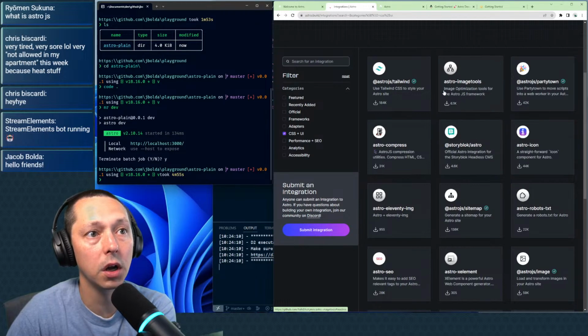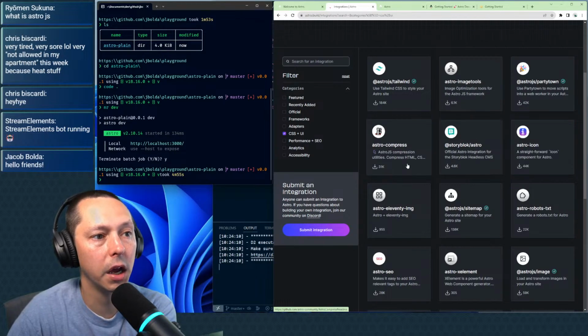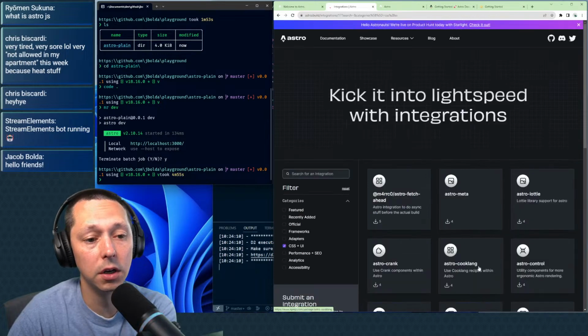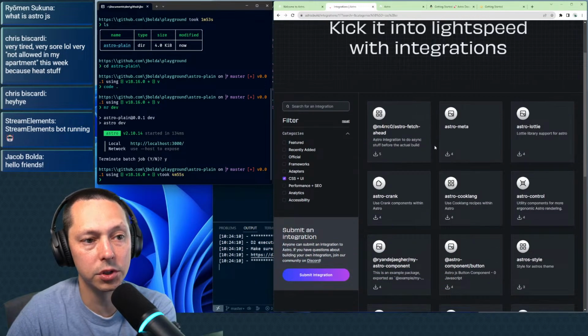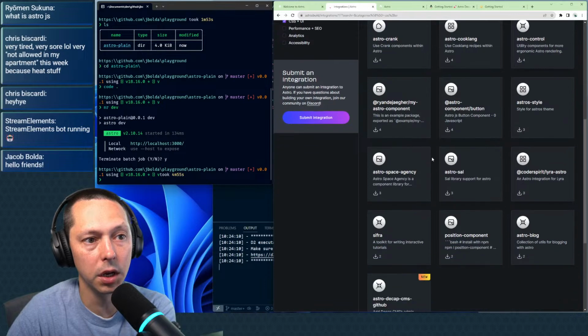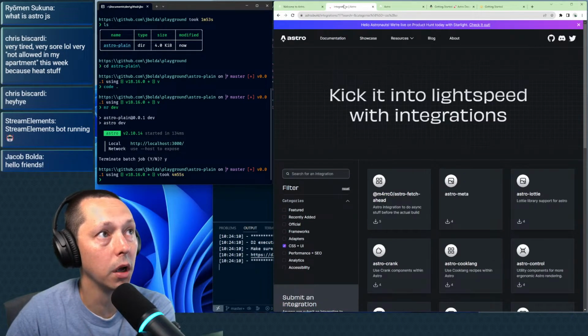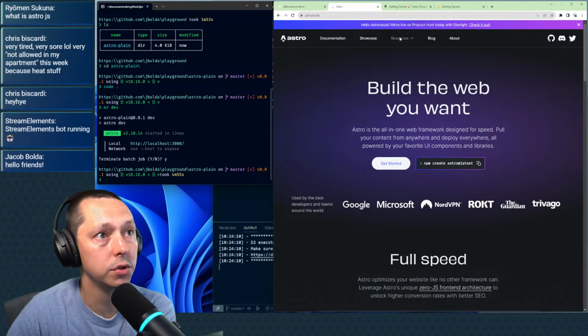Icons, story block, Astro compress. Okay. 17 pages. So I think this is probably one of those situations where you'll end up combining a bunch of these together, which is probably why it's worth checking out